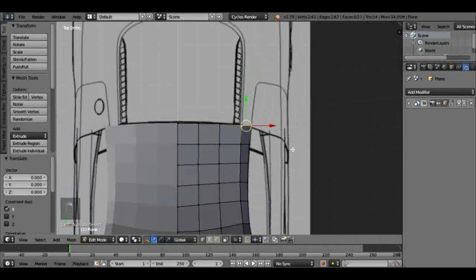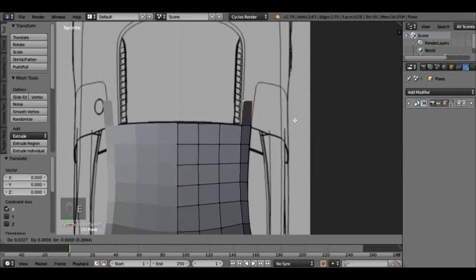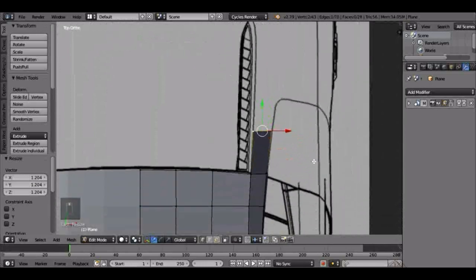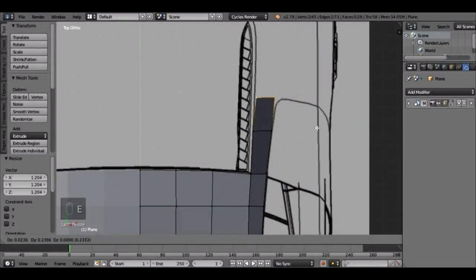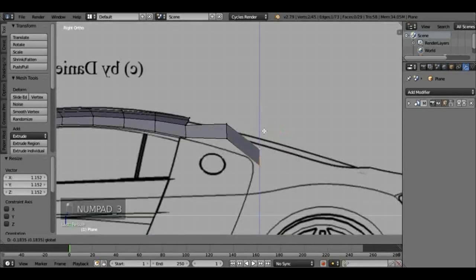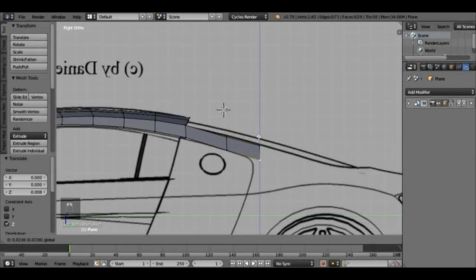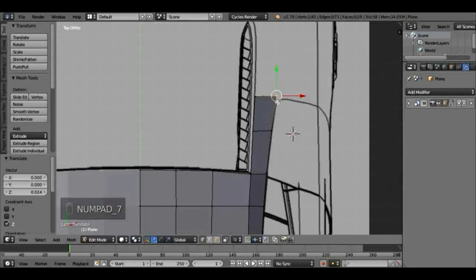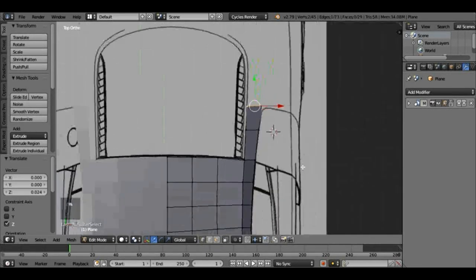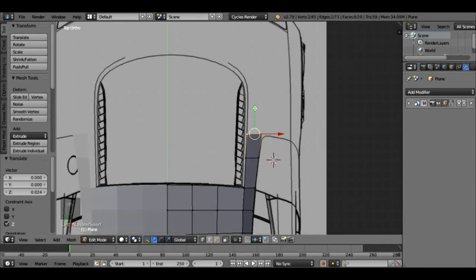Now I'm gonna select the two vertices here and extrude it, and then use the shortcut to scale it. Other than selecting one vertex and moving it, you can scale it. I'm gonna align with the right view. Now I'm gonna set the two vertices here to these lines